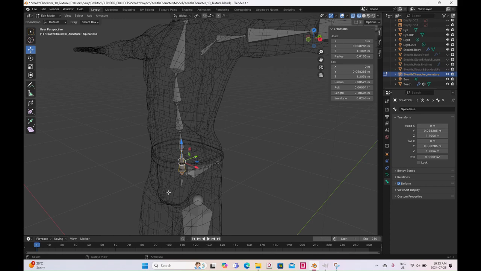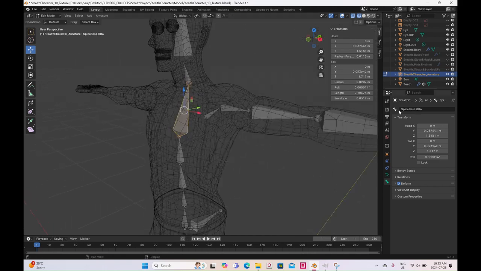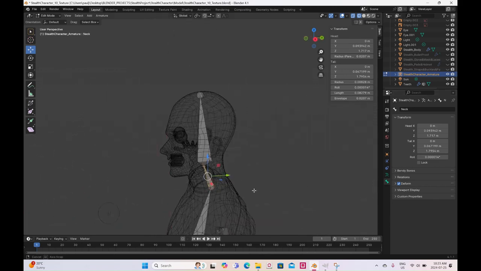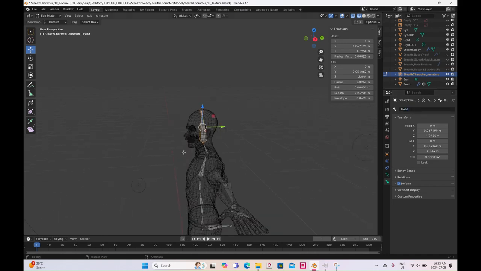So we've got the spine base, the hip, the spine, spine 2, chest, shoulder, neck, head,